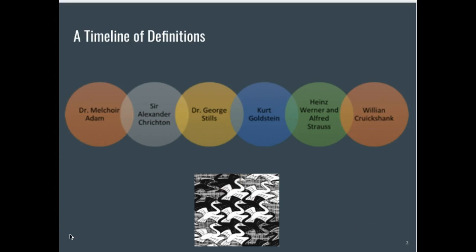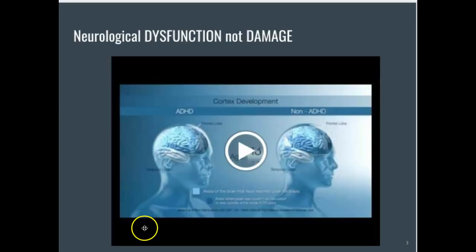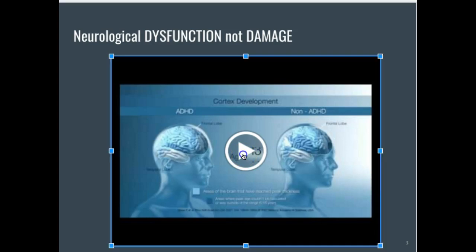So ADD, ADHD, it's been around for a long time, and we've just had more difficulty focusing in on situations that are simply just ADHD going on and not maybe something caused by distraction because of a disability in a different category. So let's take a quick look at how the brain works, and now that we know that there is a pathology in the brain for people with ADD, I'm going to show you this short little video that kind of explains the different areas of the brain that are affected.